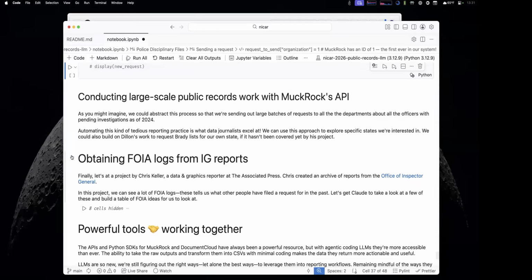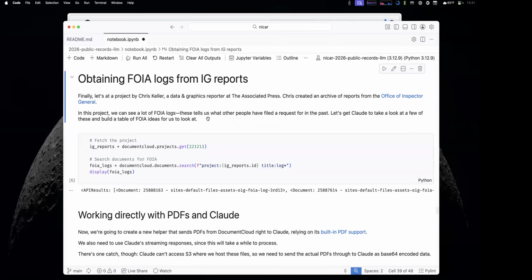The last project I want to talk about is by Chris Keller, who's at the Associated Press. Chris keeps an archive of Inspector General reports that can provide us with some interesting ideas into other public records requests we might want to duplicate, or even understand the success or failure records of certain kinds of requests. So we can get FOIA logs out of some of the OIG documents and use that again as a starting